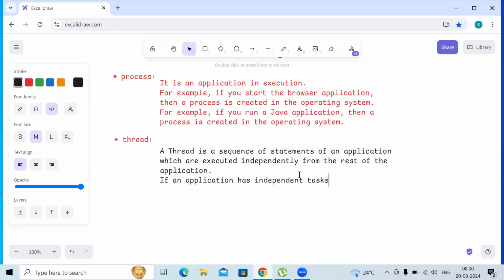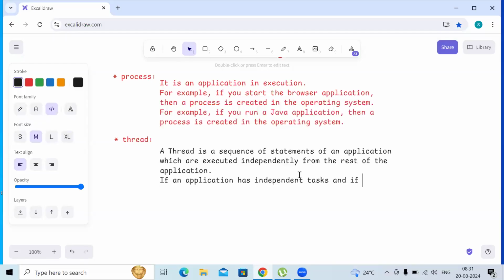If an application has independent tasks,